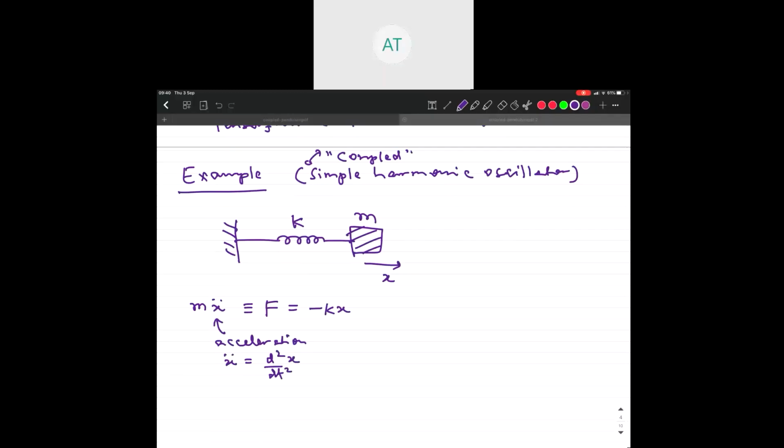So x double dot is acceleration, and mass times acceleration is the restoring force. What we have used is nothing more than Newton's second law here. And therefore we see that this takes the shape of d2x/dt2 equals minus kx. So this is a second order